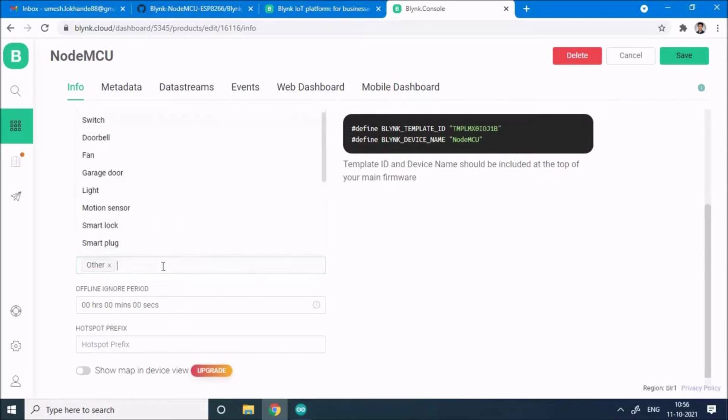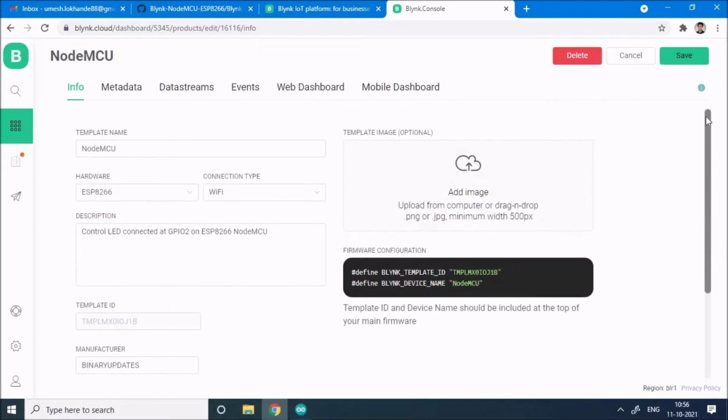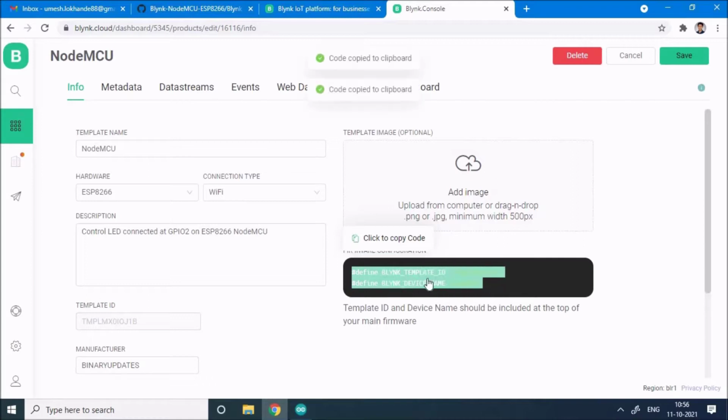I mean, if you go to categories, you have plenty of categories. You can select anything that you want to select. Maybe you can select light because I want to control a light bulb in the future by connecting a relay, right? So that's it. Now when you create a template, you can see there is a section that says firmware configuration, and in the firmware configuration you can see it creates a Blynk template ID and the Blynk device name for us. Now this is something important for us that we require in the future